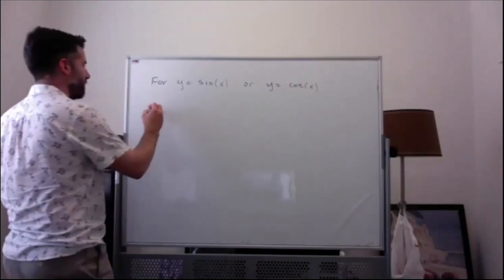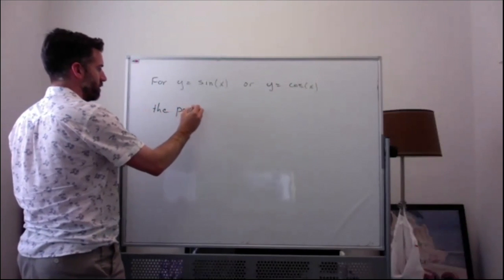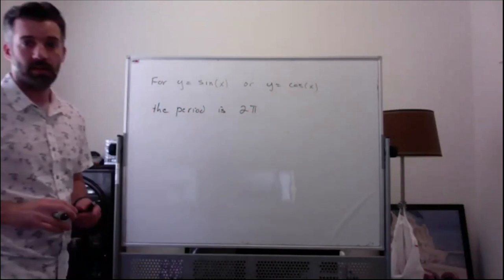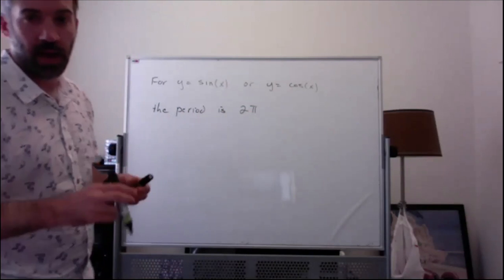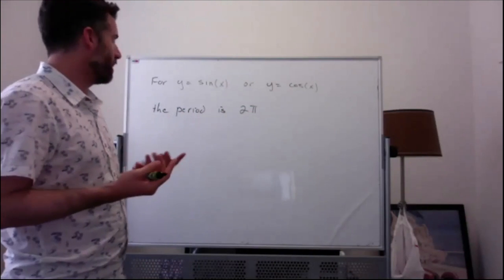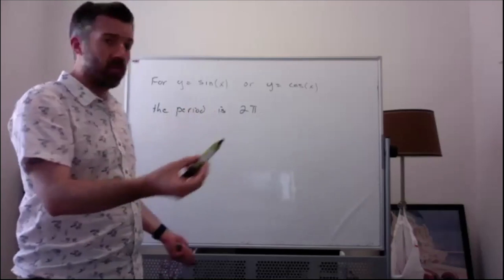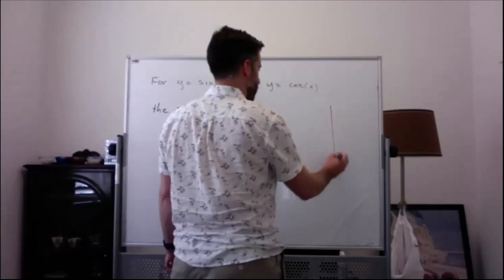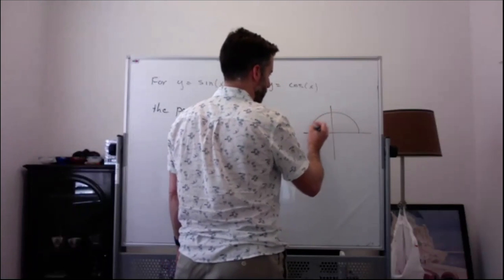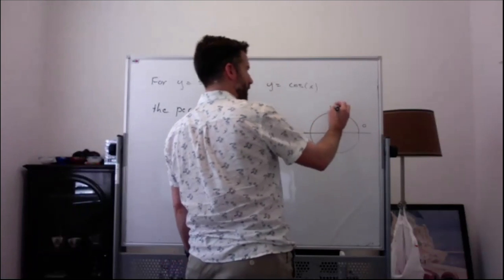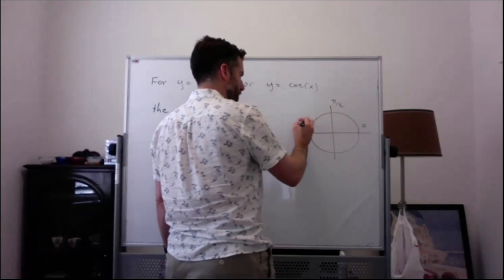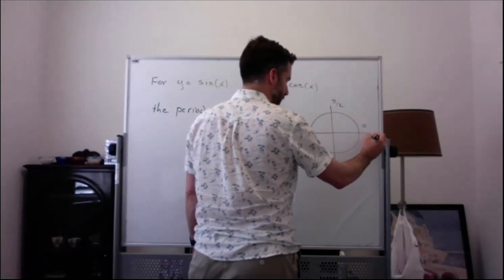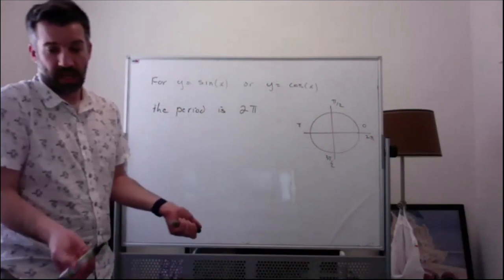The period of these functions is 2 pi, unless we alter it somehow. That makes sense in some way because you're essentially thinking about going through a full revolution of the circle to go through all the values, right? If we think about it, this is 0 radians, pi over 2 radians, pi radians, 3 pi over 2 radians, and then back to 2 pi radians. If we're going to graph sine, for example,